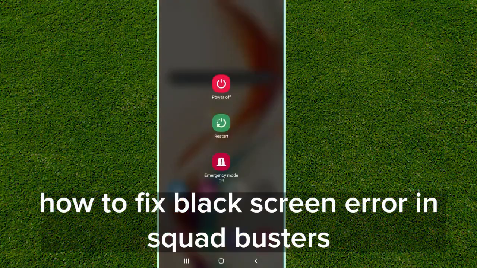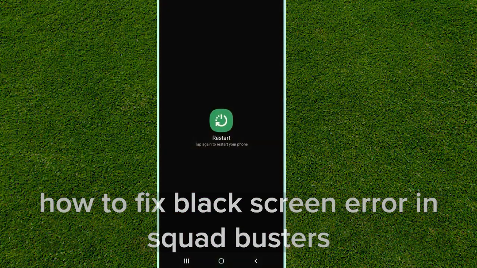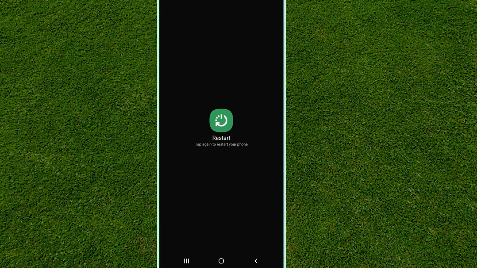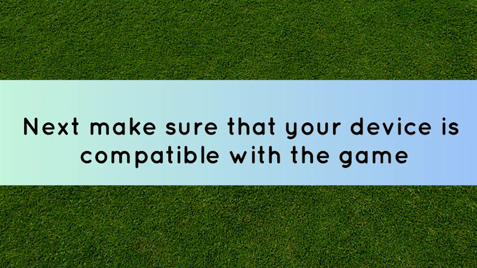In this video, I'm going to show you how to fix the black screen error in Squad Busters. First thing I recommend you doing is restart your device, because this might just fix the issue, as simple as it sounds. But if restarting your device does not work, you want to make sure it's compatible